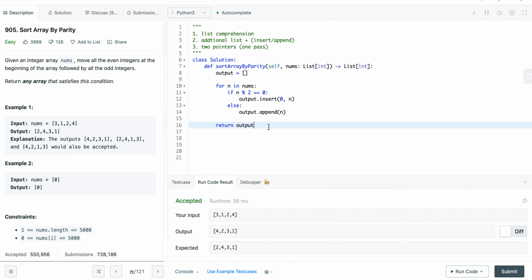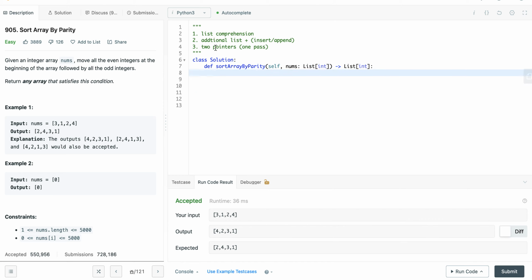And let's do our last, which is the best complexity solution in terms of these 3, the 2 pointer solution. I'm going to have a left and right pointer. The left pointer is going to start at 0. The right pointer is going to be the length of nums minus 1, at the very end, the last element in the array. So while left is smaller than right,